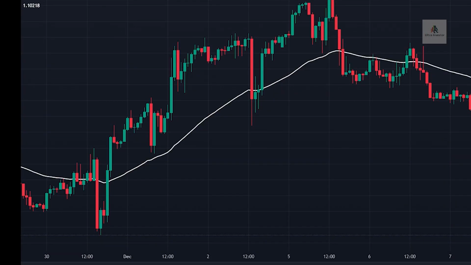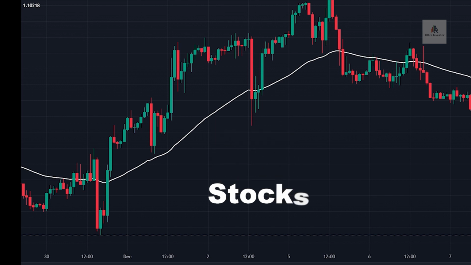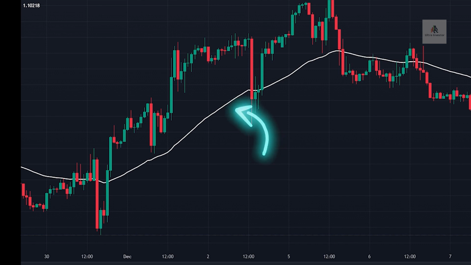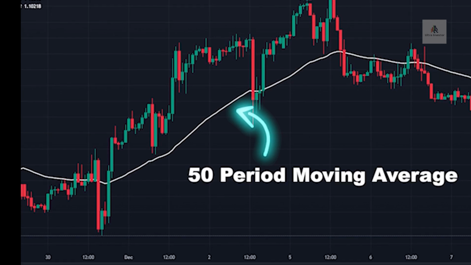The liquidity trading method can be used in various markets like forex, crypto, and stocks, and isn't restricted to specific time frames. It's easy to follow and involves just two main steps. First, we determine the trend by using a moving average calculation known as EMA, exponential moving average. This involves applying EMA 50 to the chart and looking for the price to break the EMA in a particular